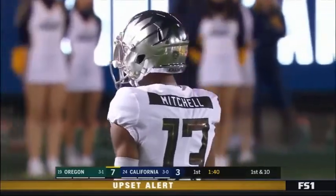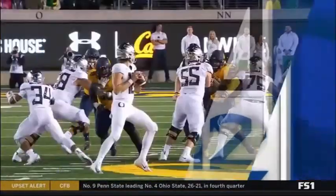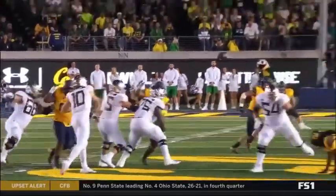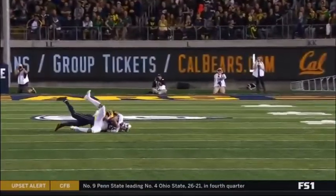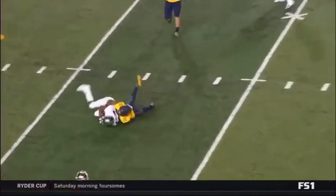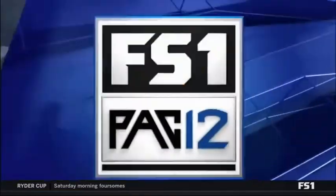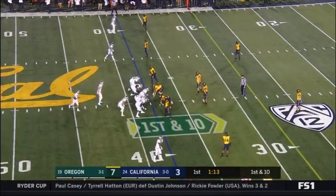Dylan Mitchell, all this guy does is either catch first downs or touchdowns. Look at Herbert, put a lot on this ball, steps into it and just fires it. Does that come out pretty or what? And Mitchell is able to really adjust his body and make that play. Good coverage too, but that ball was right where it needed to be. Beck had no chance. 1st and 10 from the 38